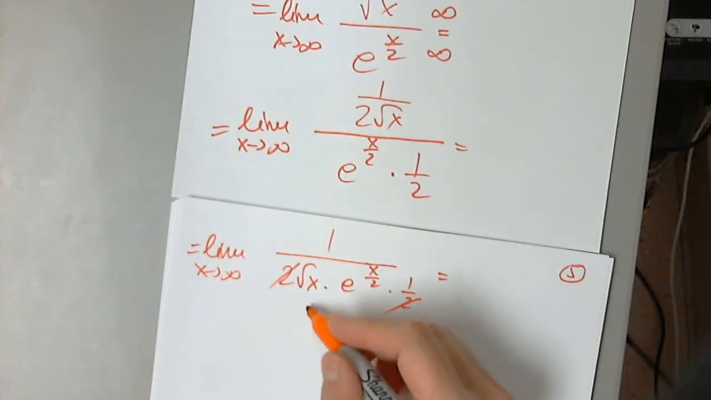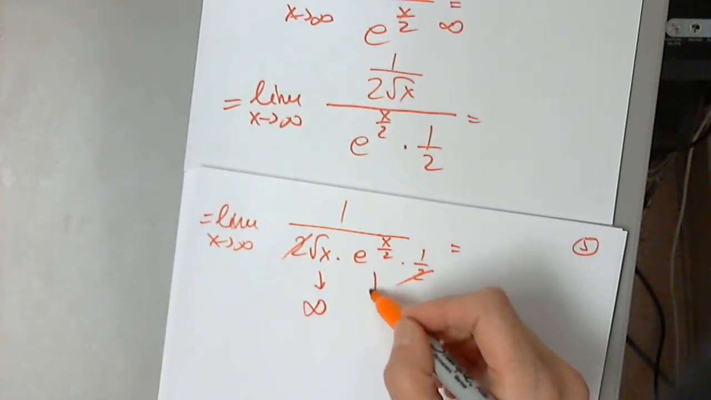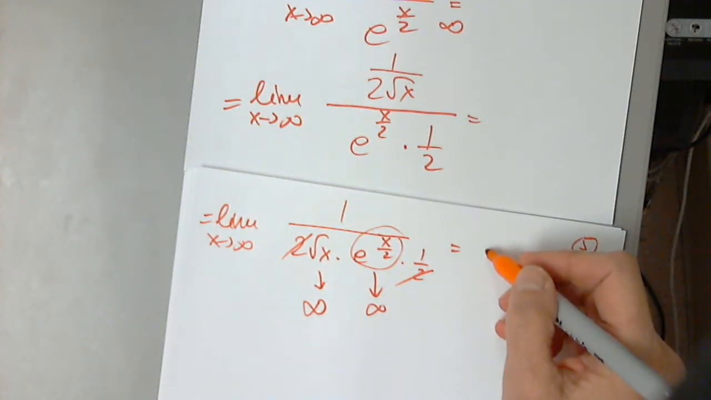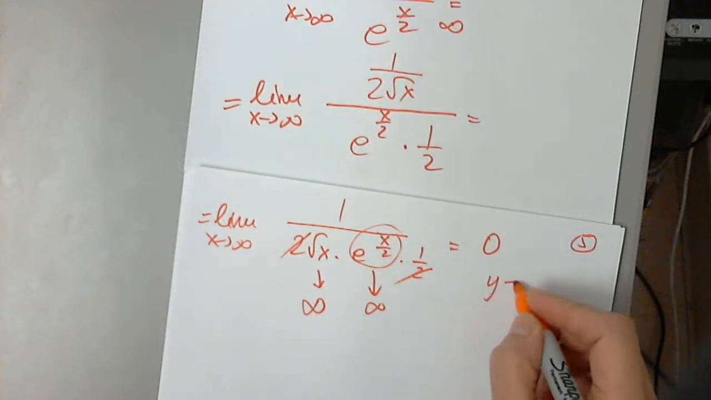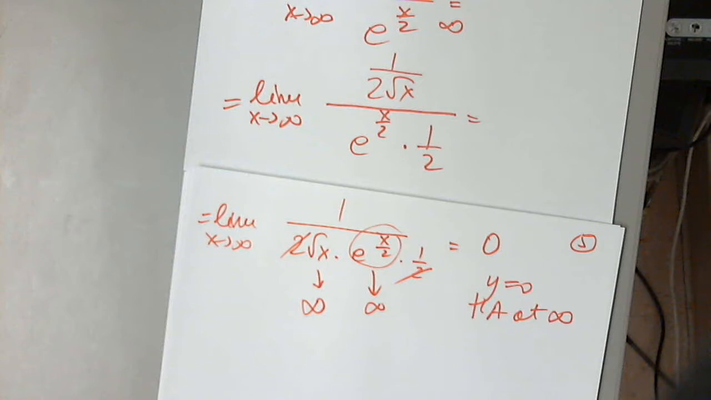Where does this go? Infinity. Perfect. Where does this go? Infinity. And where does this go? To 0. Excellent. Therefore, y equals 0. Horizontal asymptote at infinity. So what have we learned here? In the case of a product which is 0 times infinity, we were able to, by simply manipulating